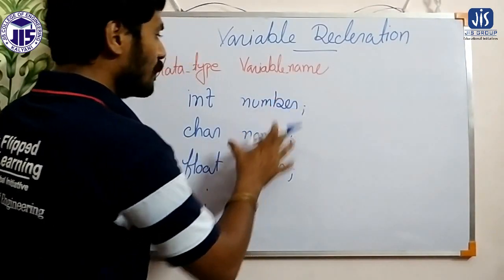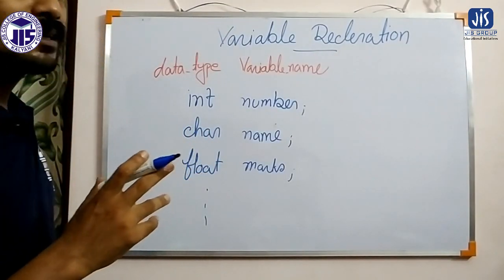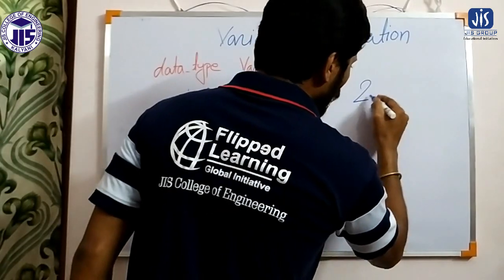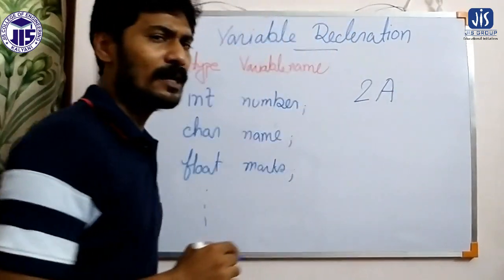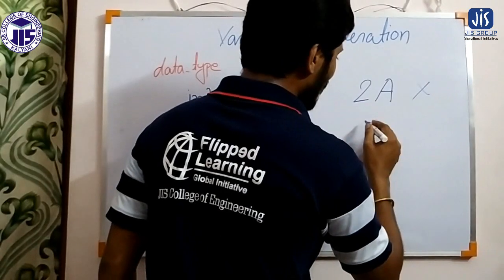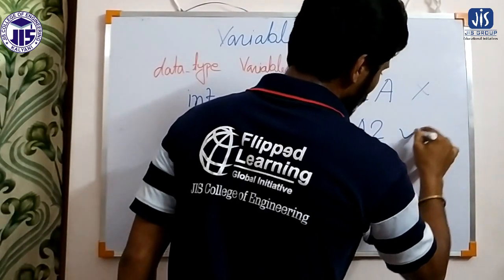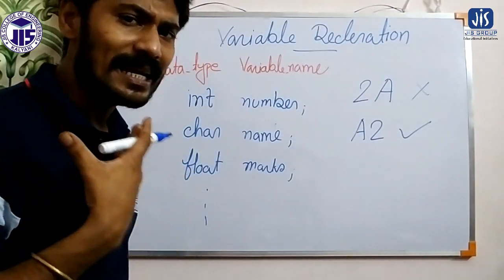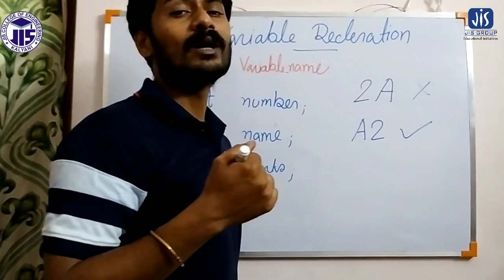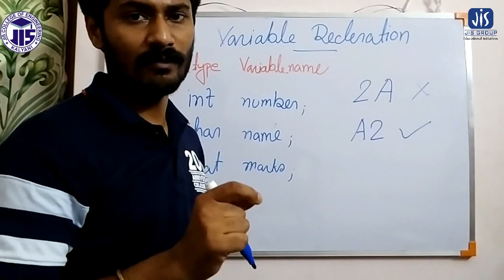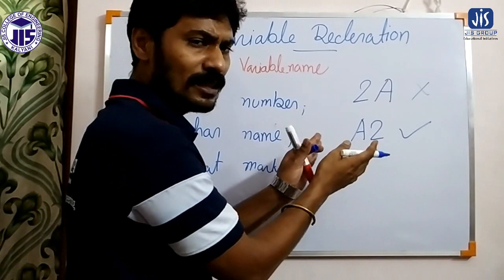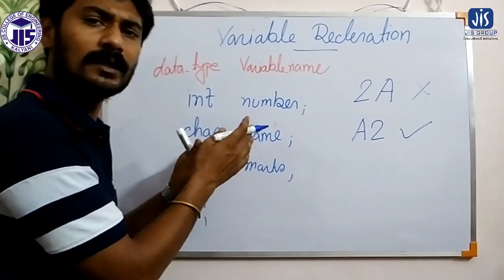Now the question is, the variable name is very much clear. Okay, so one thing, some very small rules are there. For example, you cannot start a variable name with an integer value. That is not possible. But if you write A2, that is right. So you can assign any name to the variable, but some rules are there. That one I have said: a variable name never can be started with an integer value. So these types of rules are there. By maintaining these rules, you can assign a name to a particular variable.